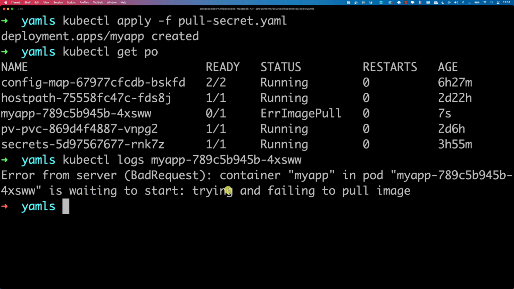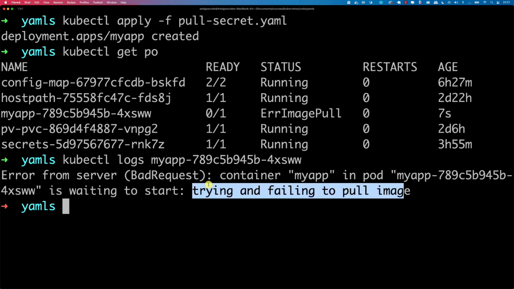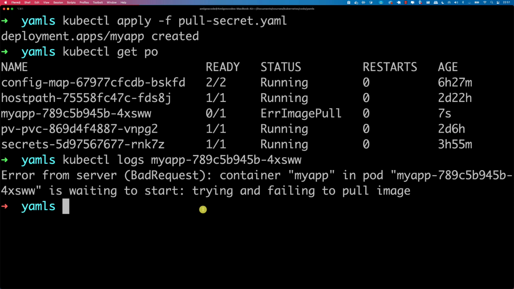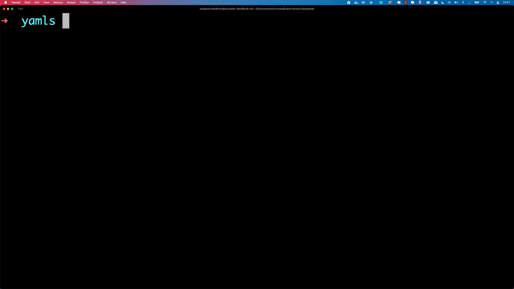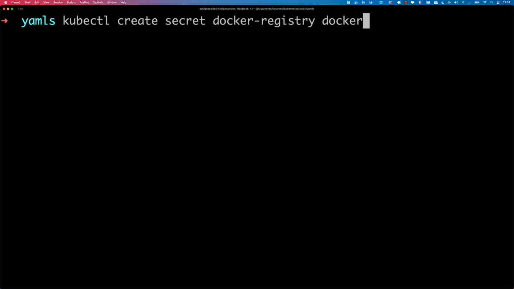So here, waiting to start, trying and failing to pull image. So what we need to do is the following. We need to create a secret specifically for Docker registry. So the way we do it is as follows. Here I'm going to say kubectl create secret, and then instead of generic, as you've seen before, the type will be docker-registry, and then we have to name this. So let's say docker-hub-private,